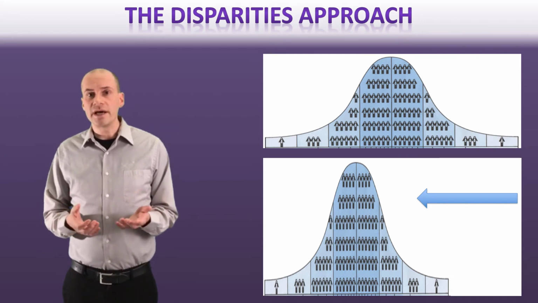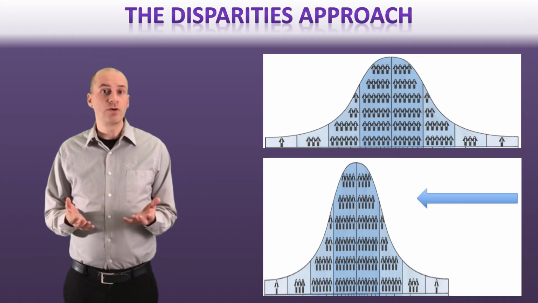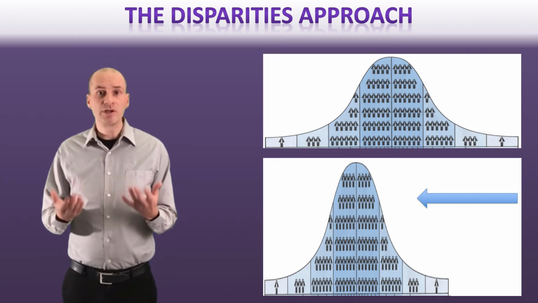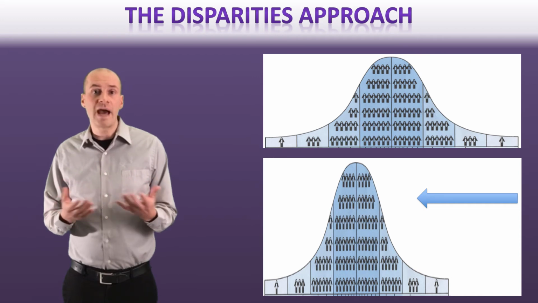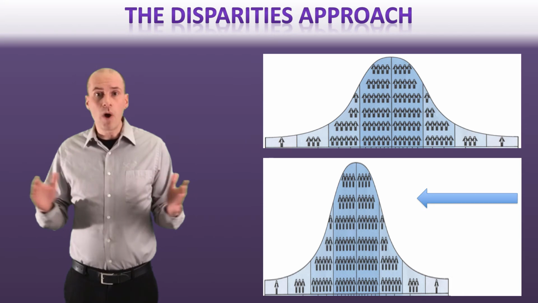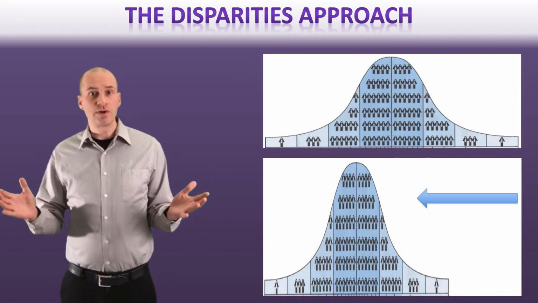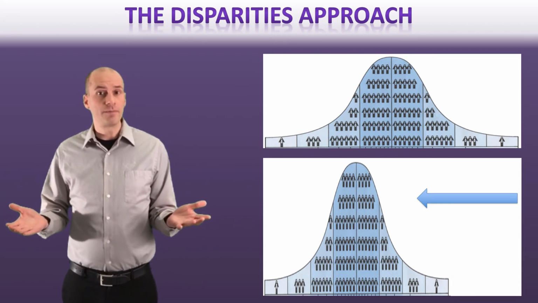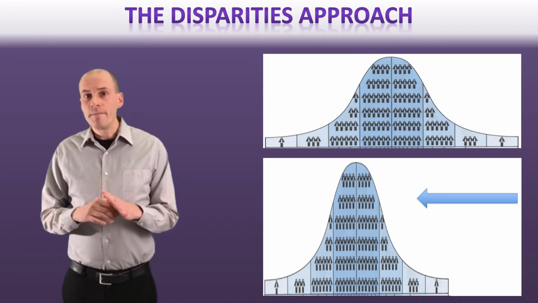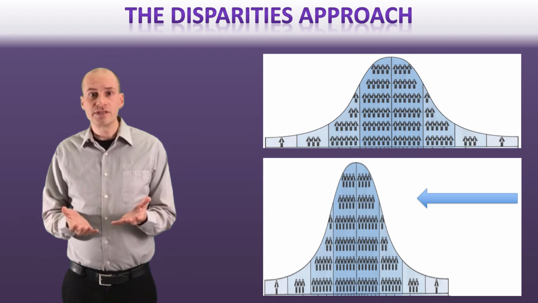We know that in most societies, the distribution of disease is not equal. For example, people with a lot of money and resources tend to have much lower risk than people who don't have money to access healthcare resources. As a result, there can be a really wide spread in the distribution of disease risk, as is shown by the top figure. The disparities approach is based on the assumption that we are a better and healthier society if we